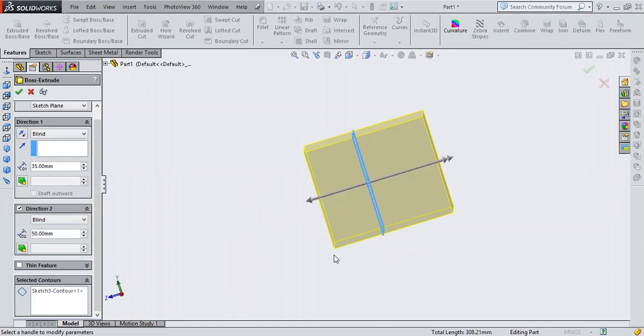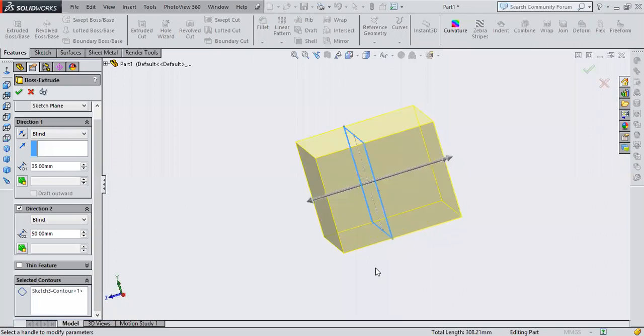Now you can notice it has added 35 in this direction and 50 in that direction. Darshan, do you mind muting it? Okay, got it. Darshan, mute your mic man. Got it, any issues?